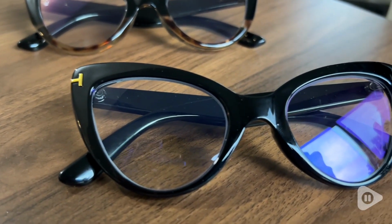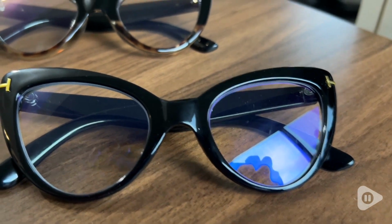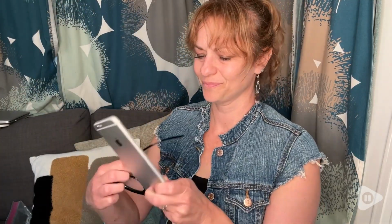One is classic black, and then the other is tortoiseshell on the bottom, and then it morphs into black on the top. And I think they're both really pretty and diverse colors, so they can go with a lot of different outfits. I just got the 1.0 strength because I'm struggling when I have my contacts on to be able